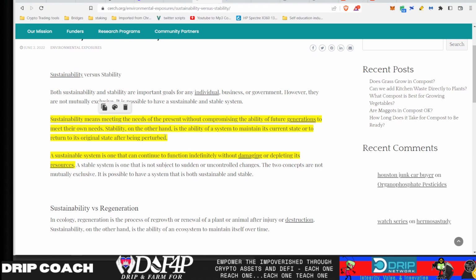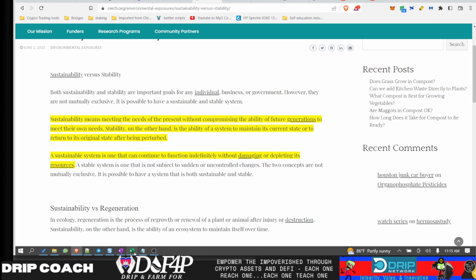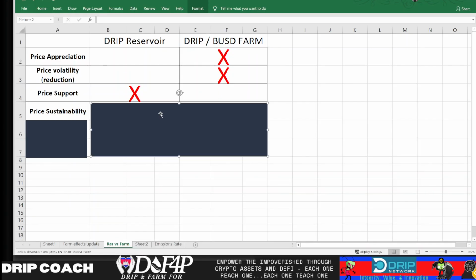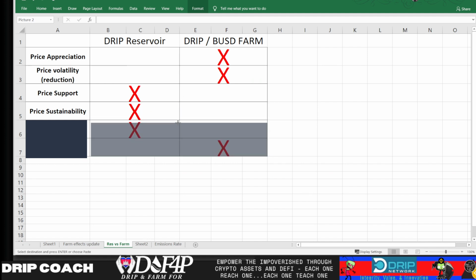And stability, on the other hand, is the ability of a system to maintain its current state or return to its original state after being perturbed, right? So a sustainable system is one that can continue to function indefinitely without damaging or depleting its resources. So that means it can get hit, but it can bounce back, right? So when we're looking at sustainability, price sustainability, the USDT equivalent value or USD equivalent value, that again goes to